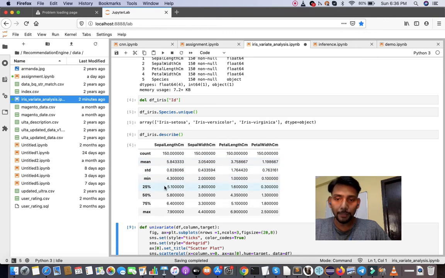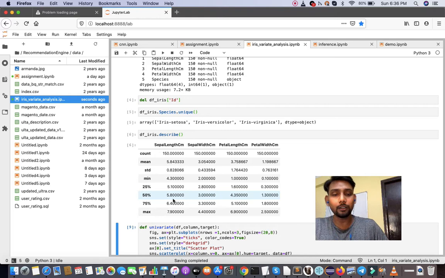So the minimum is 4.30 for sepal length, and 25% is 5.10. So it means 25% of the data is below 5.10. This is the lower bound, right? And 5.80 is the median, right?